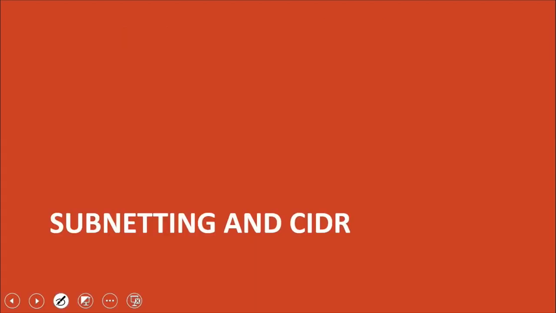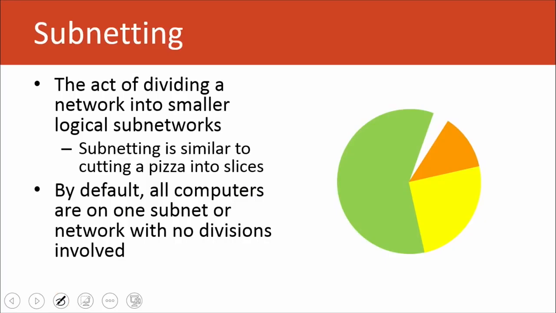All right, so lastly in our voyage through IPv4, we're going to talk about subnetting and CIDR. Subnetting is simply the act of dividing a network into smaller subnetworks. It's similar to taking a big old pizza and cutting it into slices, and the size of those slices differs based on the objective. You can make bigger or smaller slices. By default, all computers are like one big pizza, just one subnet or network with no divisions involved. So we have to make sure that we subnet them. That's where the term subnet comes from, by the way,